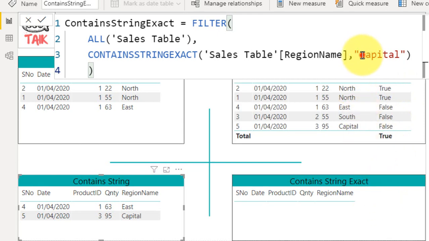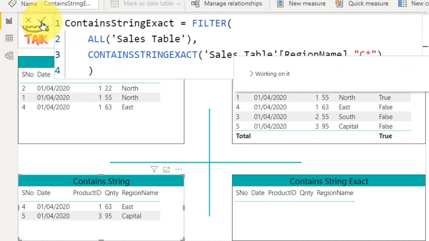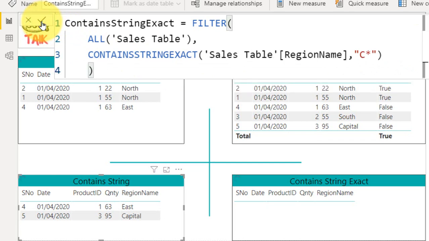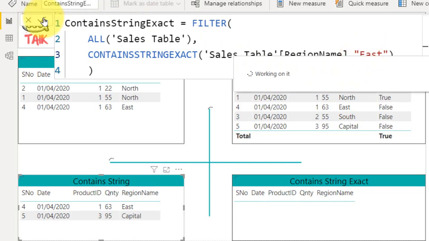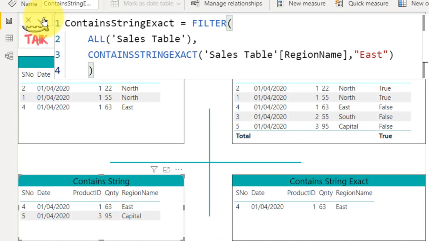Now let's try this one using the wildcard character. This is also not returning a value because it is case sensitive and it is looking for the exact value in the text. So it is not accepting wildcard characters, it just needs an exact value with the case sensitivity as well. So now it returns a value here.